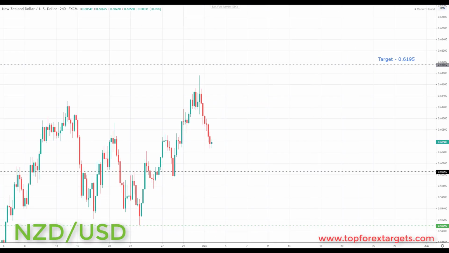So the next market we're going to look at is New Zealand dollar. Now last week we actually reversed the upside as we made that new low in the dollar index. So very simply put, going into this week we are looking for further advances to the upside in New Zealand dollar. Any pullback in this area, we've started to get it, and any continued pullback is simply going to be viewed next week as an opportunity to start to look for bullish setups, bullish reversals in this area. And if we get the right kind of bullish setups in this area, we're going to be looking at initiating longs up towards the next key of resistance, the upside and the target set at the 0.6195.